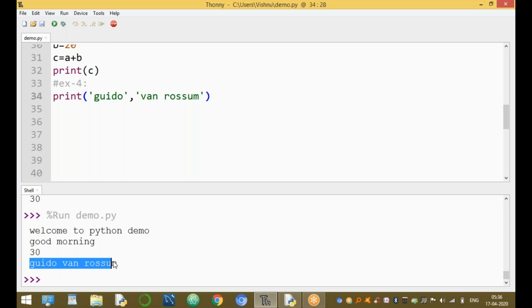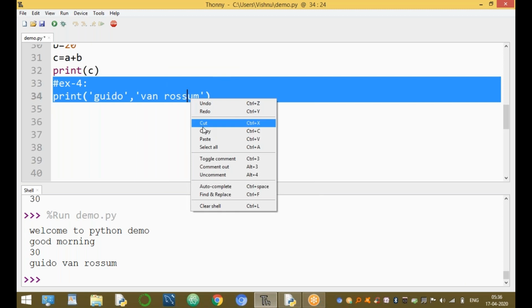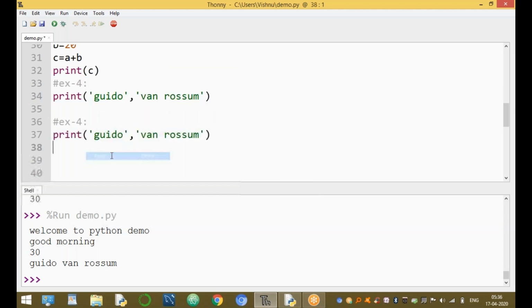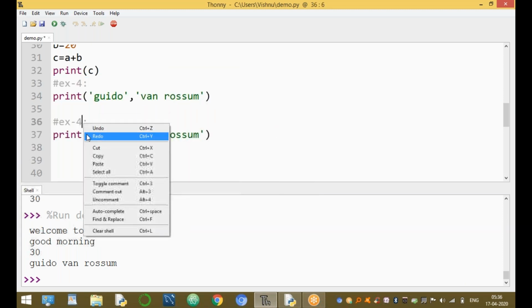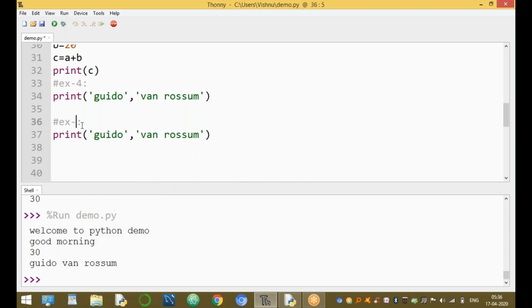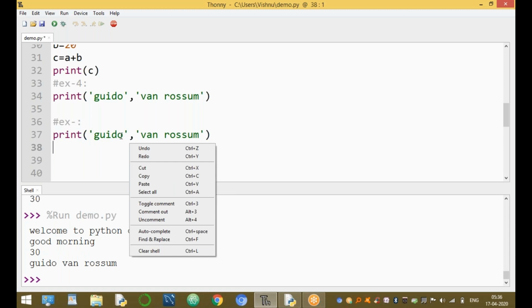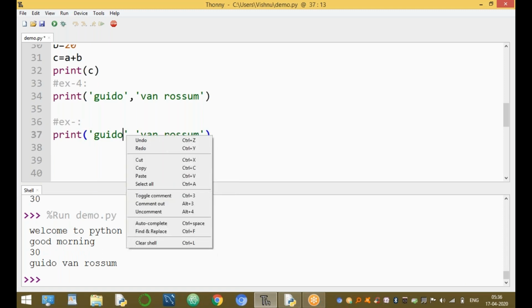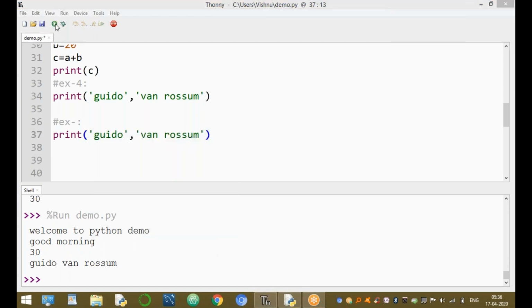For example, you can use the new line \n. Another example, the fifth example: using the new line \n to print the values separated onto two lines.